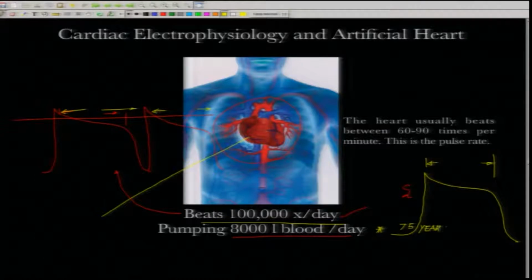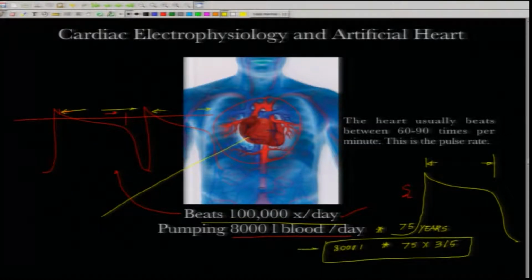Just do the calculation: 75 multiplied by 365 multiplied by 8,000 liters. This is for an average individual living 75 years, and this machine works tirelessly,